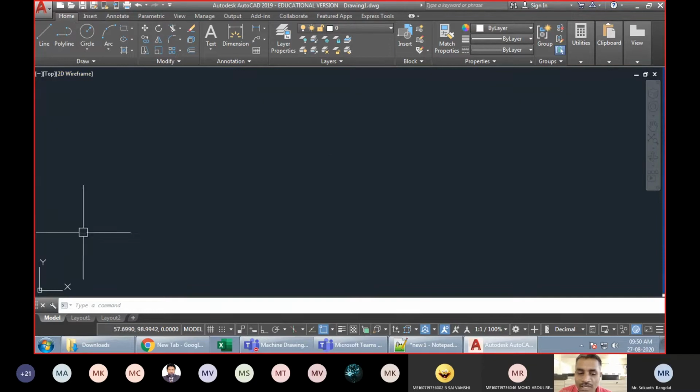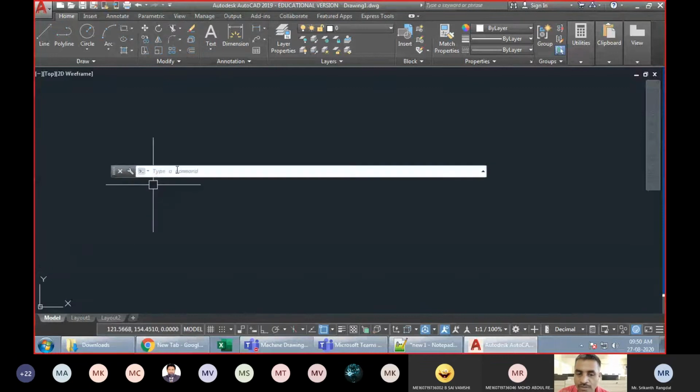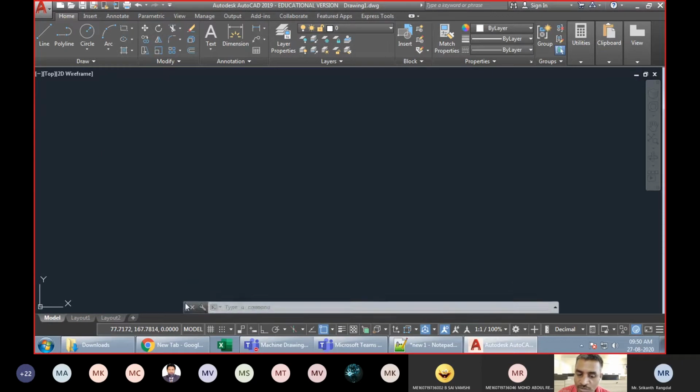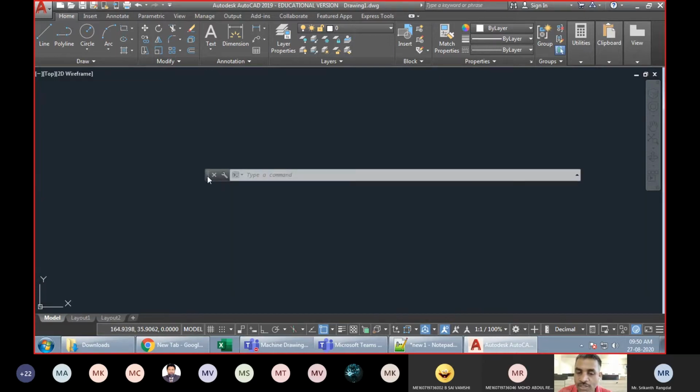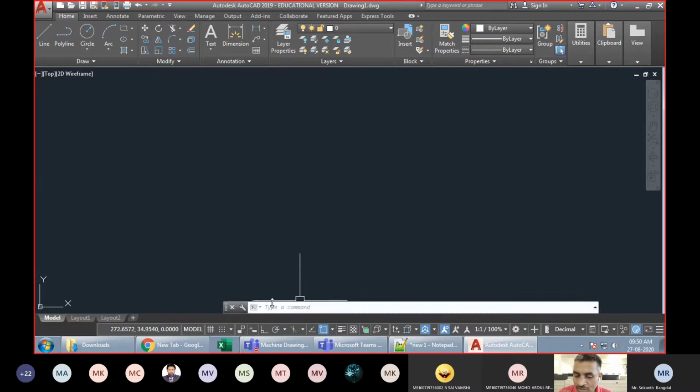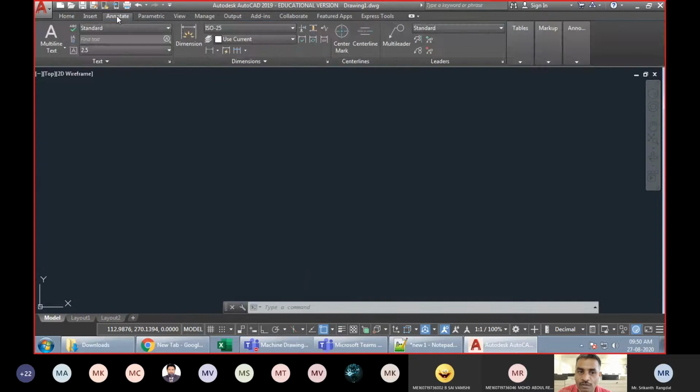Anyway, so AutoCAD also started with the commands. So that is why you can see the command line is also present here. The command line which was introduced with the first version of AutoCAD, Autodesk has continued to still use because many users have got used to the command line method of drafting, and it didn't want to disappoint those users also. So it has continued to keep the command line. So this here is the command line. All these are the ribbons. So what you can see here at the top, they're called ribbons.